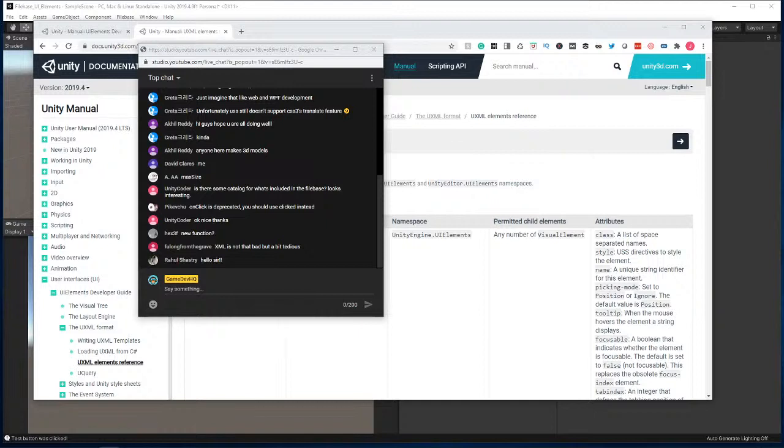Shoot. Let me see here. Filebase PDF. Okay, hold on. I'm trying to get some imagery from